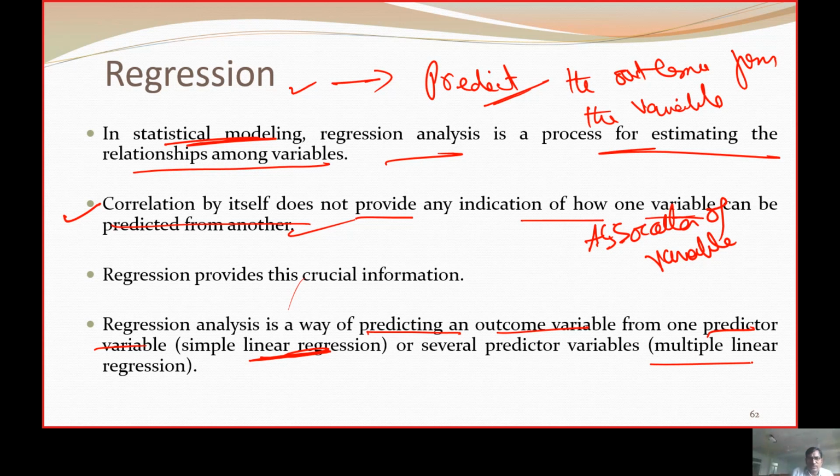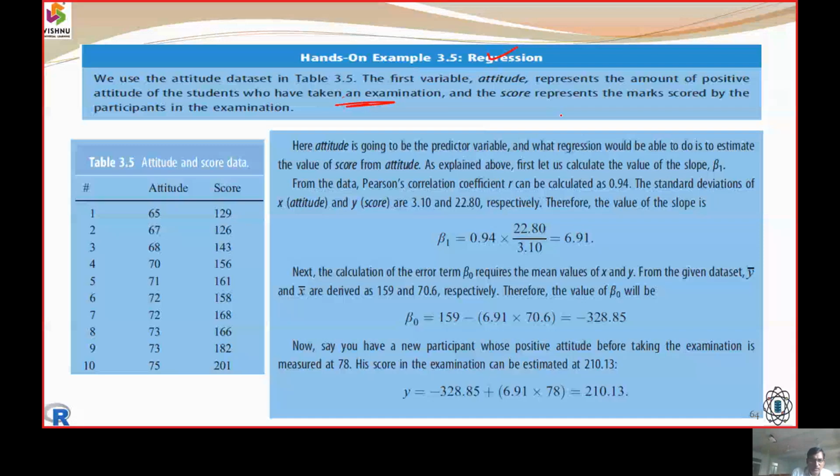So in this regression data set, we are taking a students database for an examination, and the score is going to be represented with the marks. We are going to have 1 to 10 elements, the total number of entries in the data set. Now we are going to have an attribute and a score.